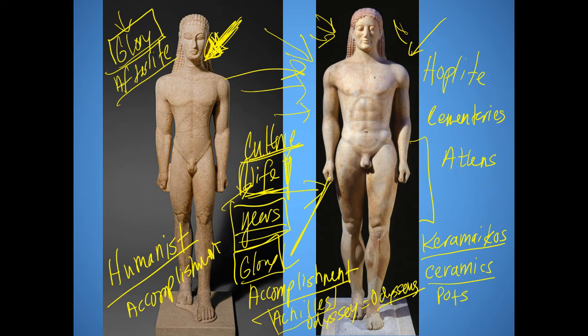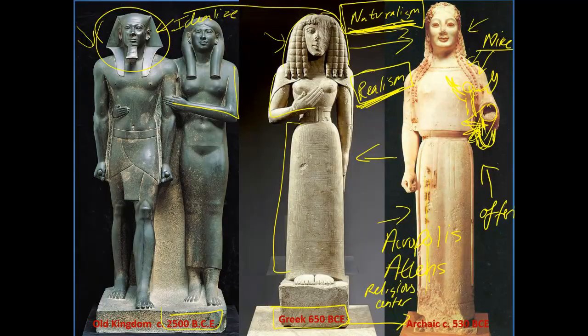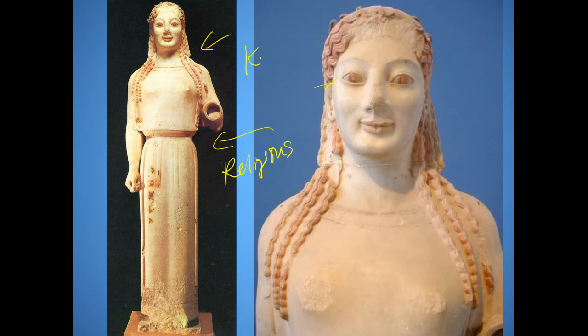So the Koros, as we were talking about before, those terms earlier, the Koros was typically a statue that was associated with marking graves. It's a grave marker in the Archaic period. And that means if it was a grave marker, that it was found in the Kerameikos, which was the cemetery of Athens. A kore, on the other hand, which is this image here, is a female image, right? Women were not actually buried in the Kerameikos, not until much later in the late classical, and only if you had immense amounts of wealth as a female could your family members actually bury you there. And that's a whole other story. We'll talk about another time.